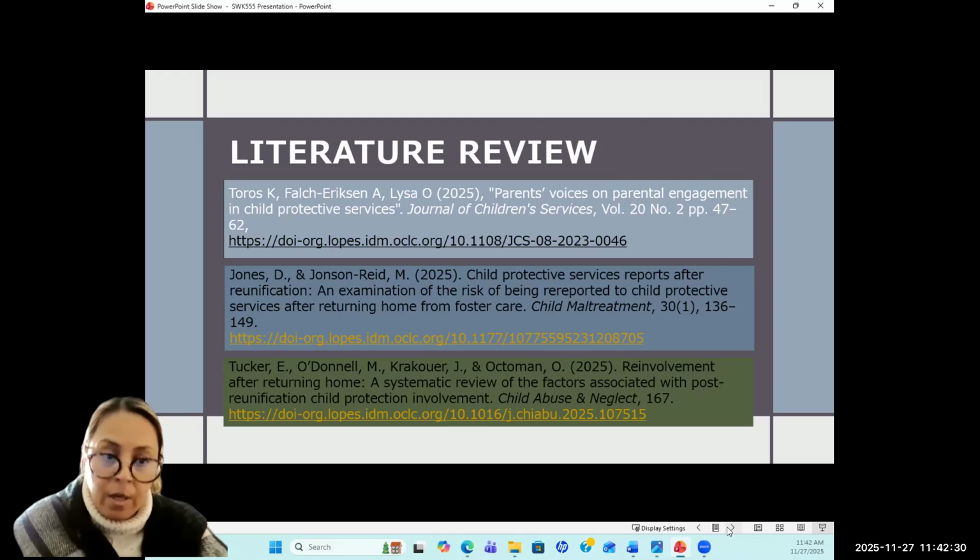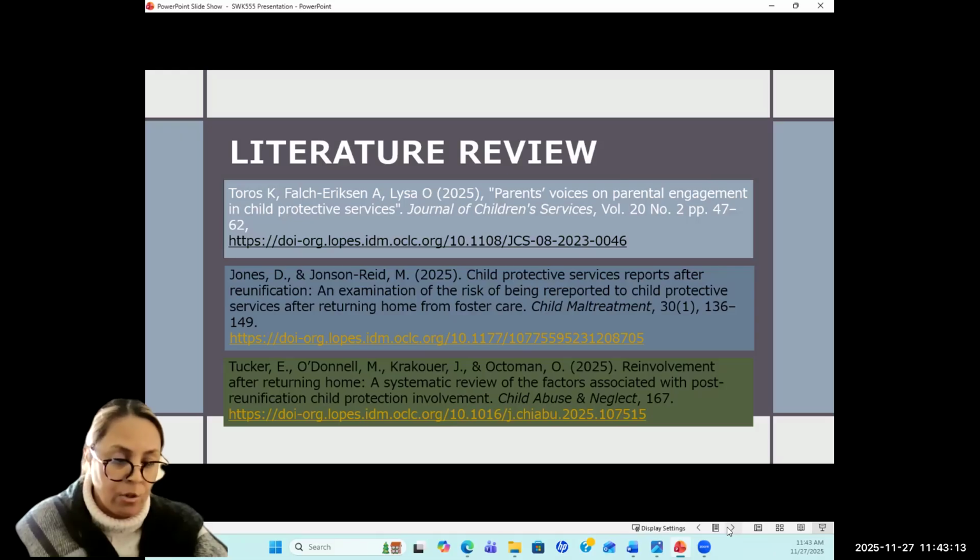In order to be in this study, they had to have experienced statutory removal, placement with out-of-home care in a foster home, residential care, or kinship care, been reunified, and had a post-reunified period. The other sample included qualitative studies of families who achieved and maintained reunification for a period of time, parents of children who had re-entered, and social workers who worked along with families who did not re-enter.